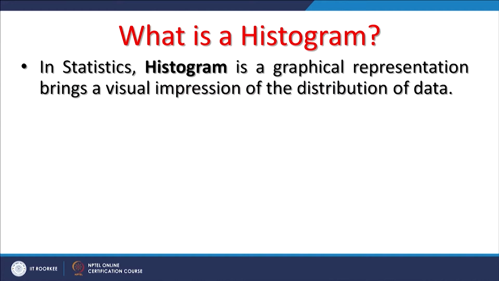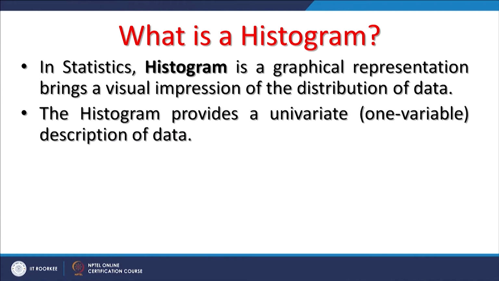I will be going quickly through this histogram because some parts we have already discussed. Basically, a histogram is a graphical representation that gives a visual impression of the distribution of data, rather than looking just at digital numbers, which makes it difficult to understand how the pixel values are distributed across an image. But if we plot a histogram, which is easy to do, on the y-axis we get the frequency, on the x-axis we get the pixel value, and once it is done, a lot of information, as also discussed in previous lectures, can be gathered about a particular image.